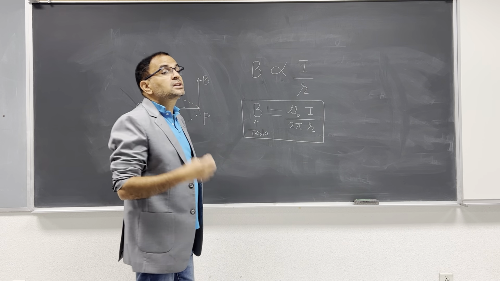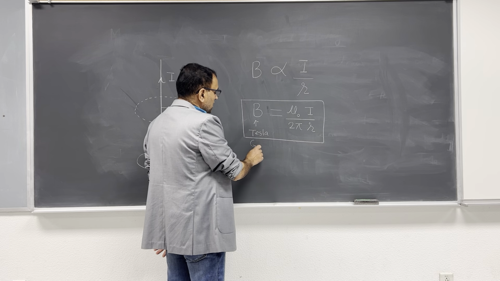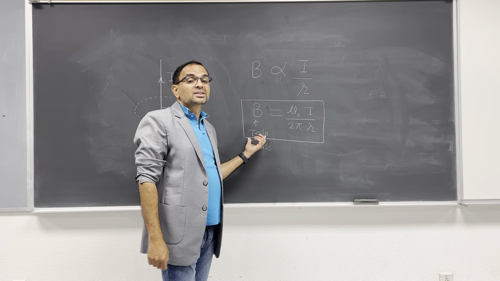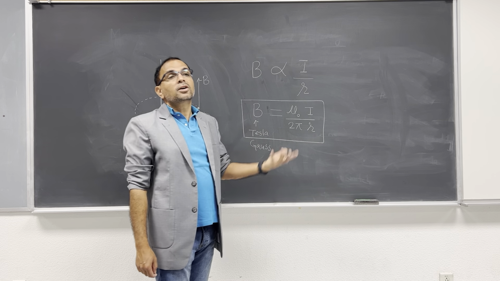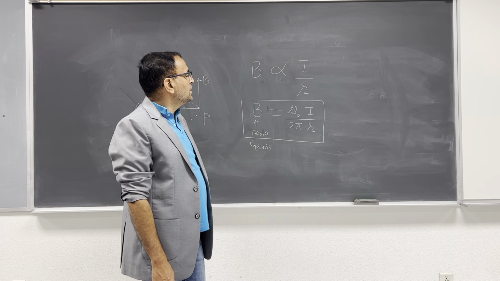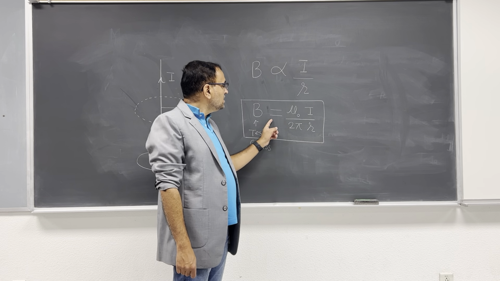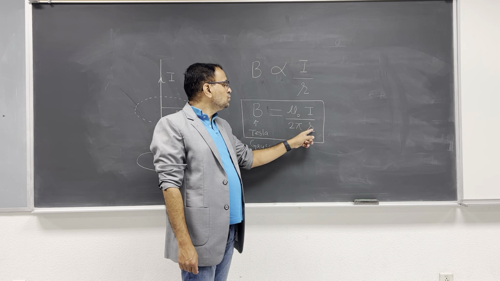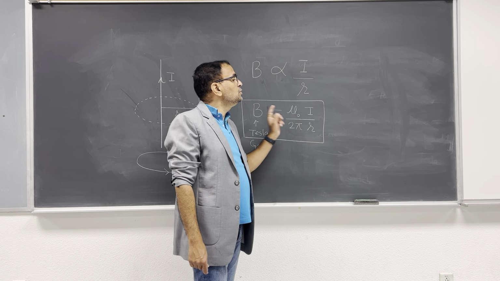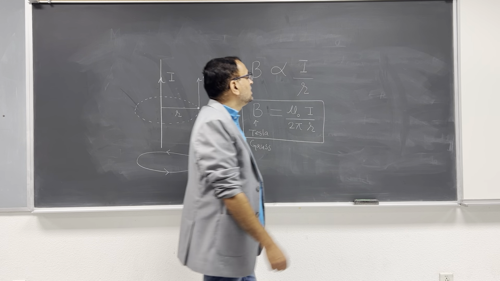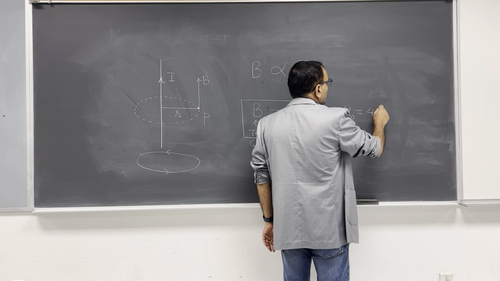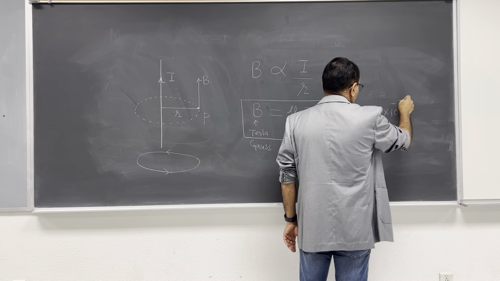If you want to use a smaller unit, the smaller unit is Gauss. Tesla is like a meter; if you want to use a smaller unit like a centimeter, you can use Gauss. So the one formula to calculate the magnetic field is B equal to mu naught I divided by 2 pi R. Now here, you know the pi 3.14, but what is mu 0? It is a constant, and mu 0 is 4 pi times 10 to the power negative 7